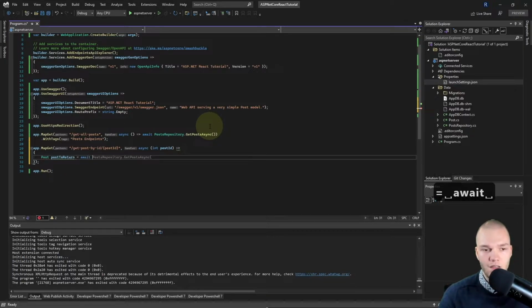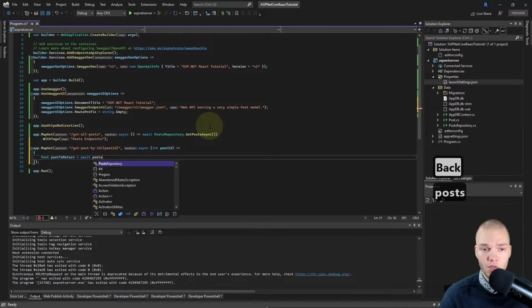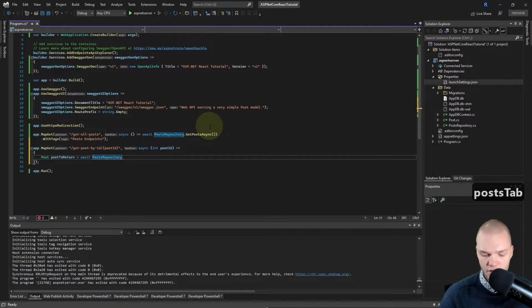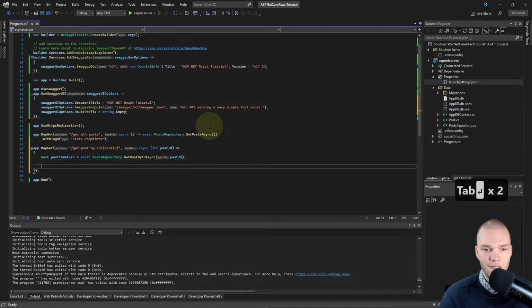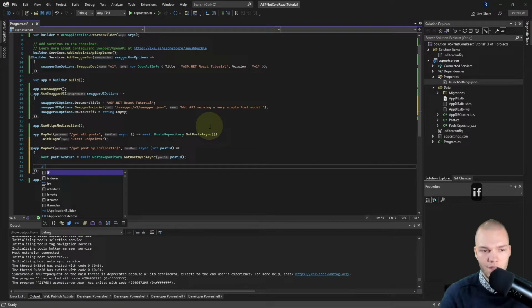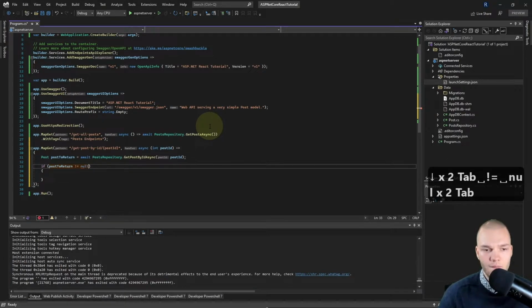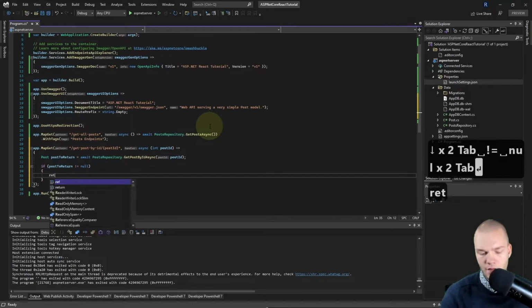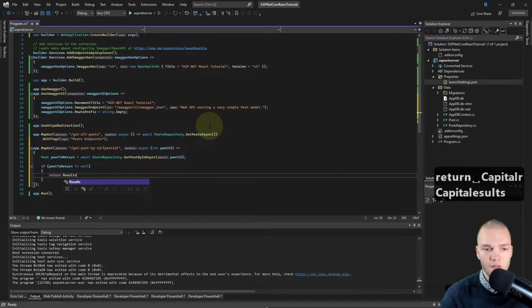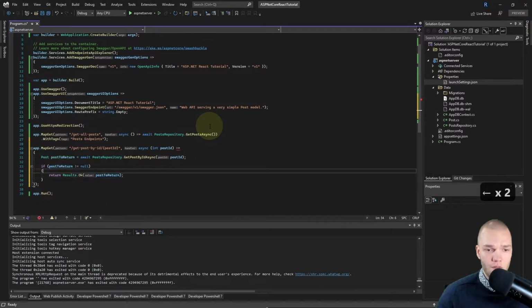I'm gonna set the value to await postsRepository.GetPostByIdAsync and pass in the postId. And we're gonna check if that postToReturn isn't null, then I'm gonna return Results.Ok and return the postToReturn.